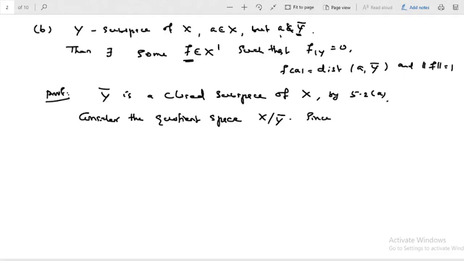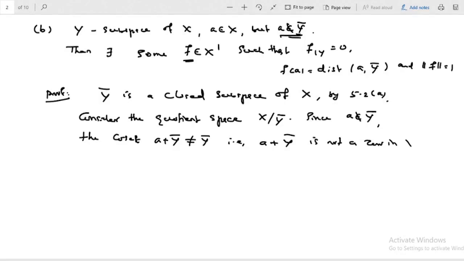എയുടെ കാര്യം പറഞ്ഞാൽ എ വൈ ക്ലോഷറിലില്ല. ഓക്കെ, എ വൈ ക്ലോഷറില്ലാത്തതുകൊണ്ട് എ പ്ലസ് വൈ ക്ലോഷർ എന്ന കോസെറ്റ്, എ പ്ലസ് വൈ ക്ലോഷറിനെ കുറിച്ച് എന്ത് പറയാം? നോട്ട് ഈക്വൽ ടു വൈ ക്ലോഷർ. വൈ ക്ലോഷർ എന്താണ്? ദാറ്റ് ഈസ് എ 0 ഇൻ എക്സ് ബൈ വൈ ബാർ. എ പ്ലസ് വൈ ക്ലോഷർ വൈ ക്ലോഷർ അല്ല. വൈ ക്ലോഷർ ആണ് എക്സ് ബൈ വൈ ബാറിലെ 0. ദാറ്റ് ഈസ് എ പ്ലസ് വൈ ക്ലോഷർ ഈസ് നോട്ട് എ 0